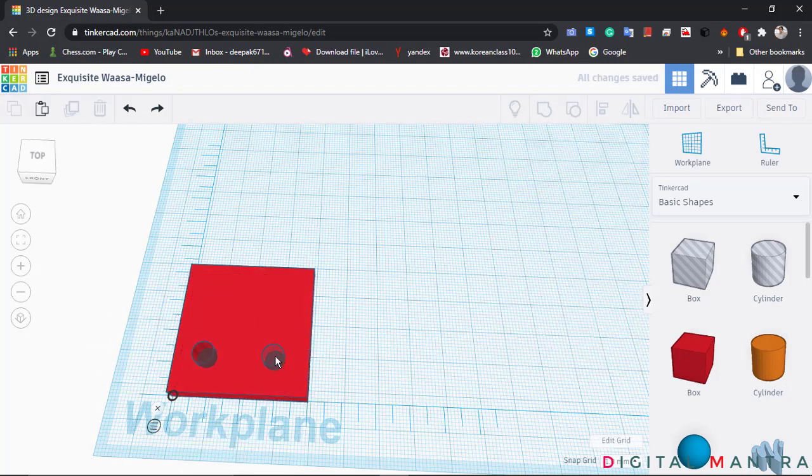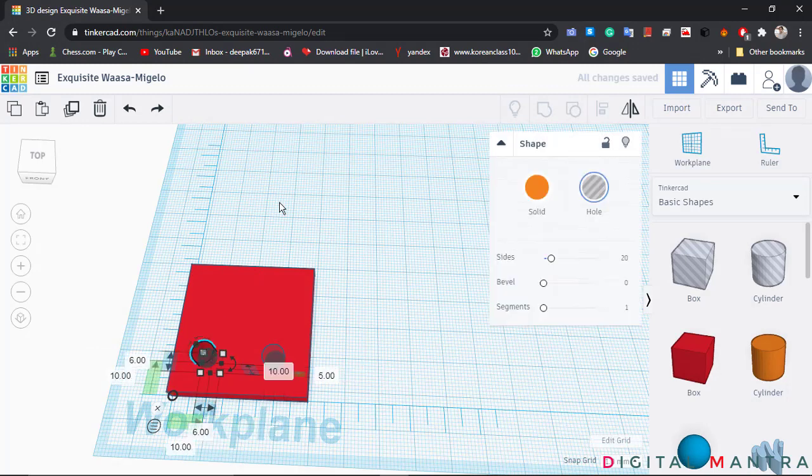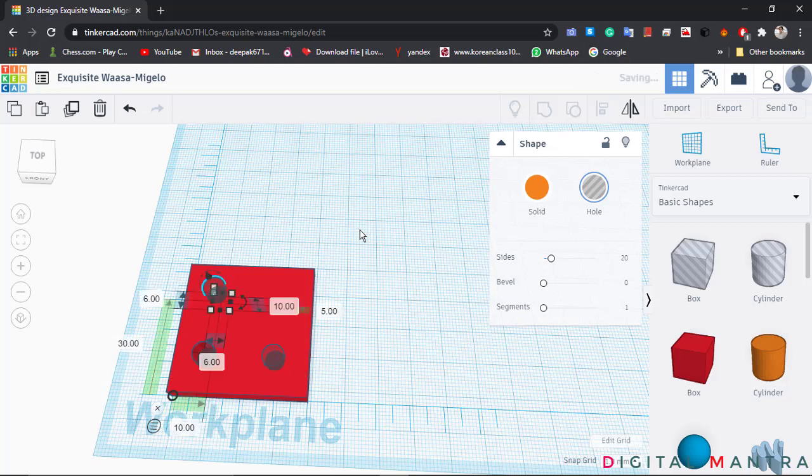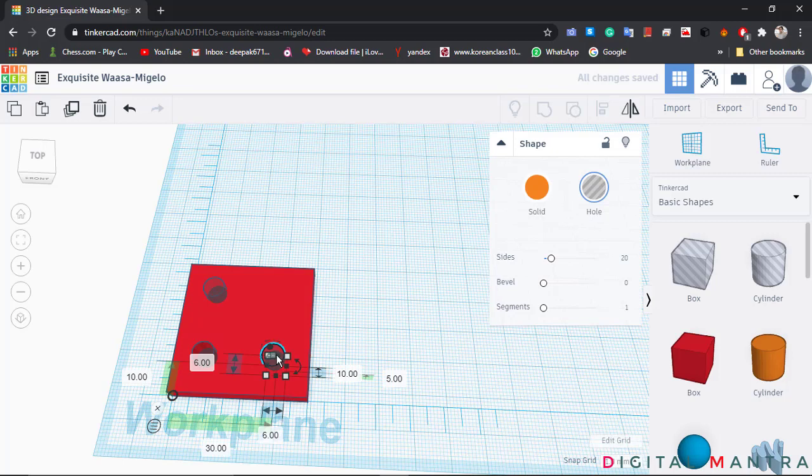Let me show you separately. First of all, don't forget to duplicate it, and then give the value 30. This type of figure will be formed, and the same for this: first duplicate it, and then give the value 30.